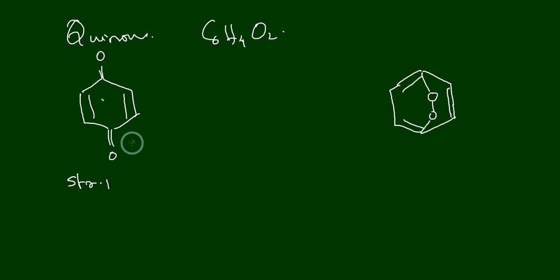Both of them will have the same molecular formula. This is also C6H4O2. This is also C6H4O2. So this is structure 2. There are two structural possibilities for this quinone, and we are going to determine which structure is correct from